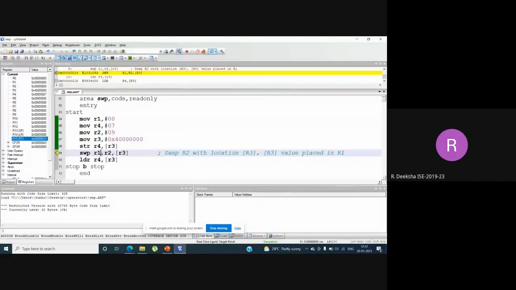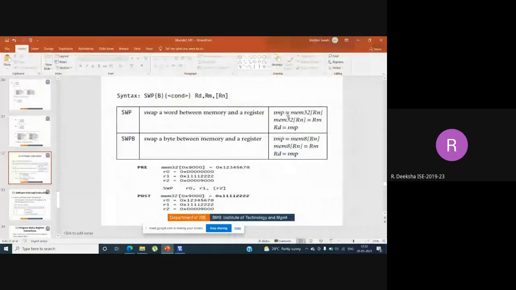You can see here, it is not 9, it is 7. So why is it 7? The content of memory will be moved to register R1. Whatever value we have in the memory will be moved to R1, and the content of R2 will be moved to the memory location. Got it, sir.